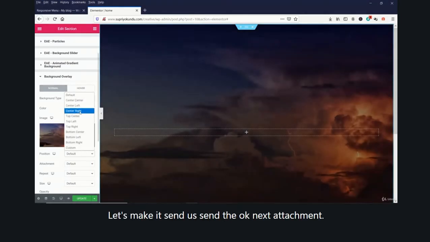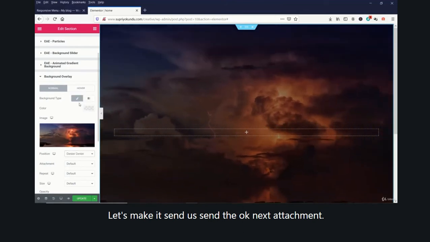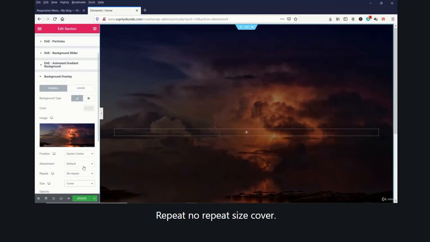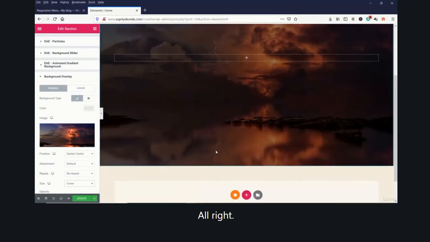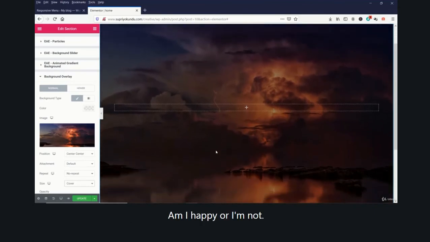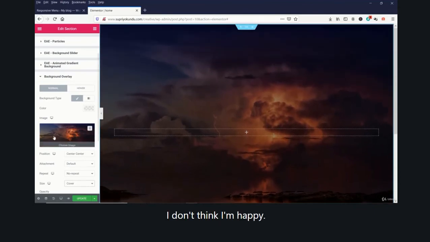Position, let's make it center. Next, attachment. Repeat, no repeat. Size, cover. All right. Am I happy or am I not happy? I don't think I am happy.